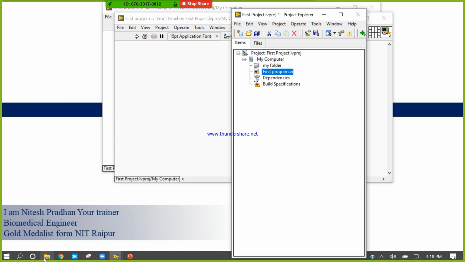Right now this file is present in my computer under Day 5. The path is Day 5.